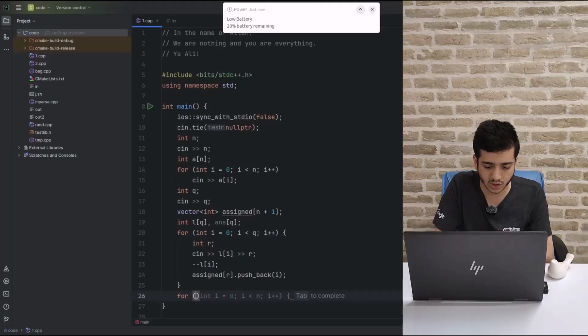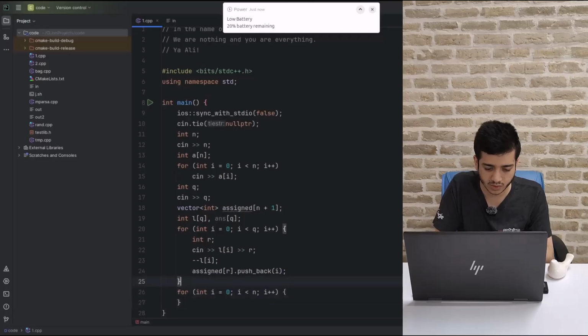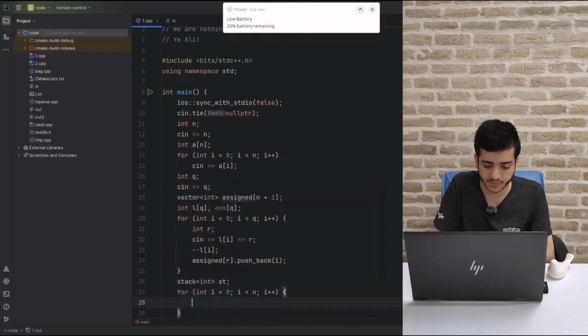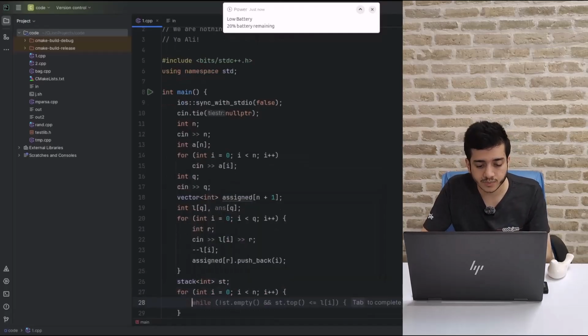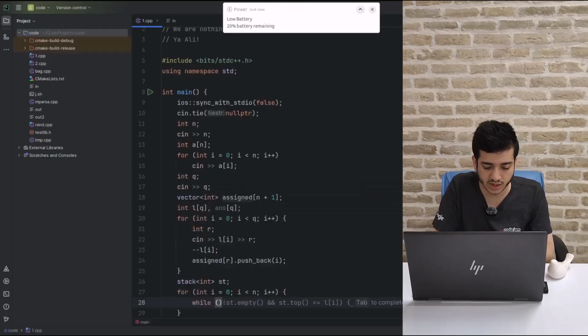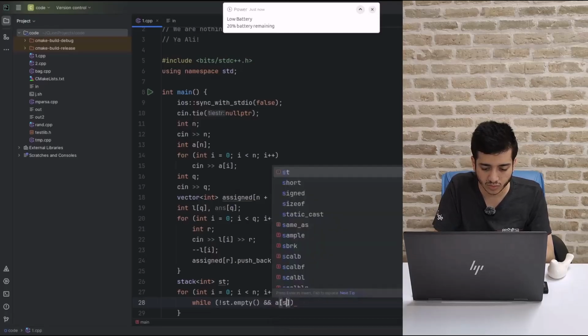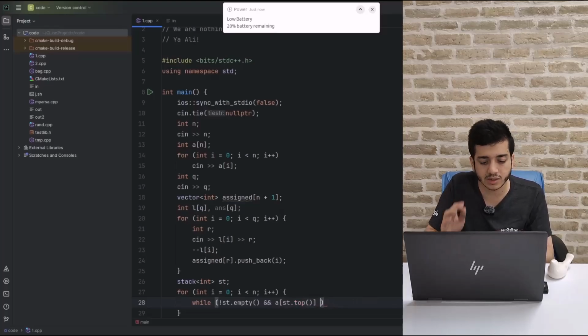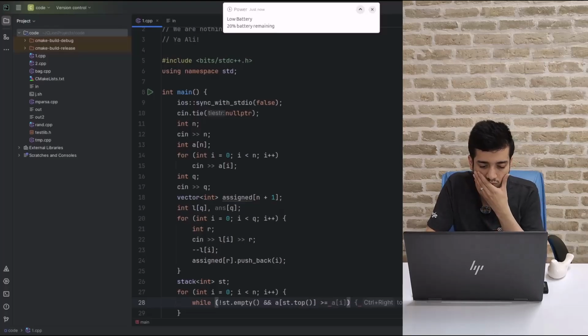And now I start the main loop that we are going to calculate the answer. And here I'm gonna use the stack, but yeah, I told you that we don't need to use the stack here, but we'll provide another video talking about this. So if the last element of the stack is larger than the current element,